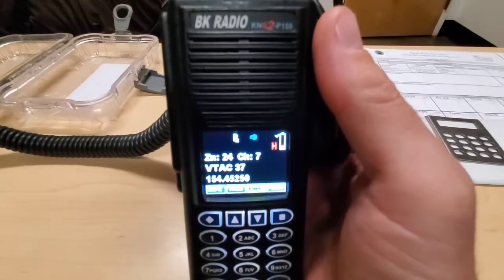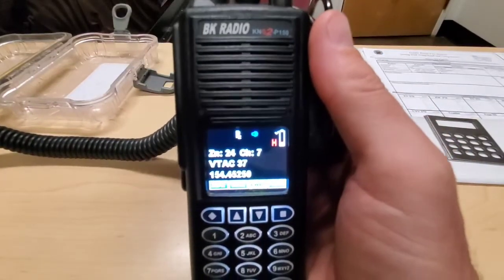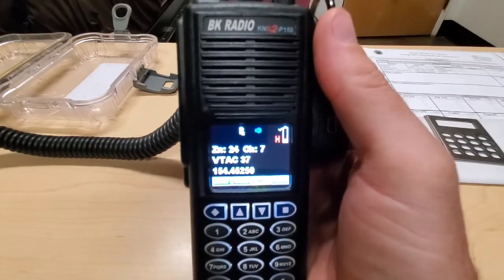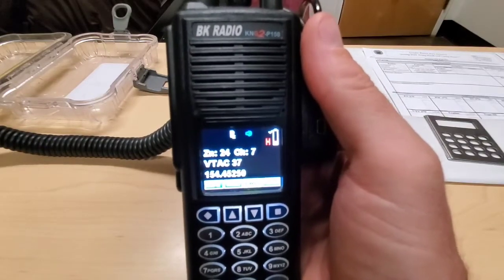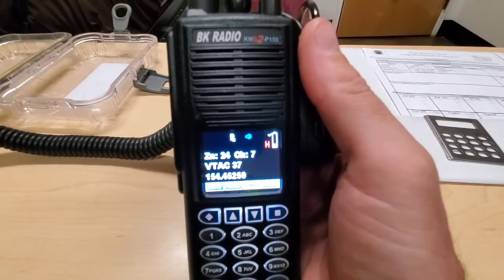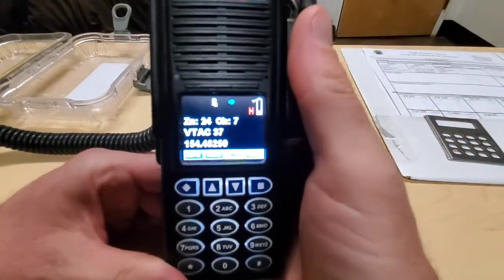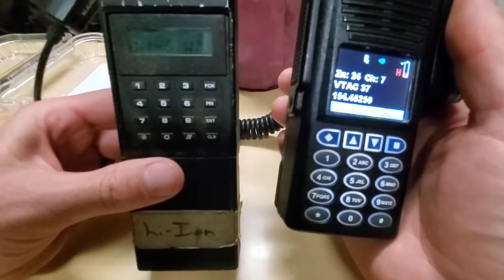Today we're going to talk about cloning from the KNG2 to one of the older style DPH radios. This came up with one of the crews that went out. They noticed that there's some language when you go to clone that was interesting. They weren't sure what to select or what it did. So I want to do a quick video on that. If you're cloning from this radio to, let's say, this older style DPH,